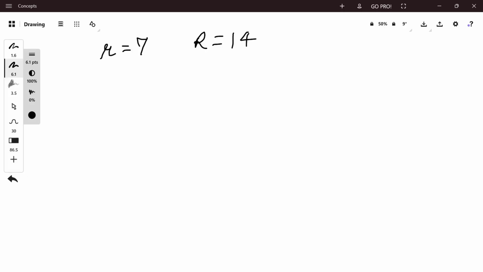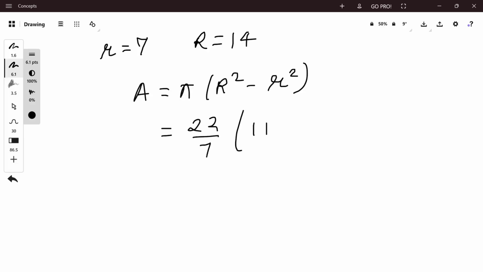The area of the ring is the area of the outer circle minus the area of the inner circle, given by the formula A is equal to pi R square minus r square. Using pi as 22 by 7, we have 22 upon 7, 14 square minus 7 square,